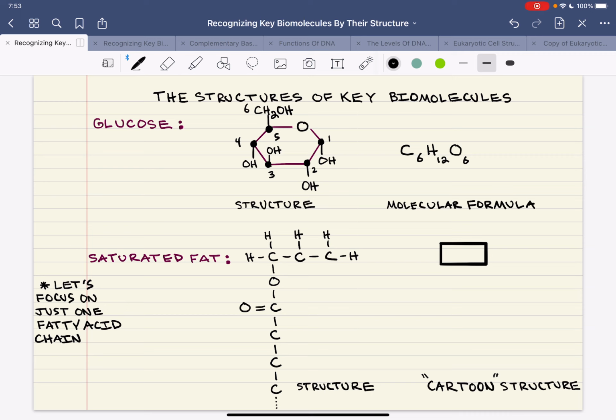The only other part that I left out is the hydrogens. So let me fill that in. And think about it. If each of those dots represents a carbon atom, at this point in the class, you should know that carbon, because of its unique valence structure, always likes to form 4 covalent bonds. And currently, if we look at carbon number 1 right here, that carbon's not so happy, right? It only has 3 lines coming from it, so it needs 1 more bond. So that's where that hydrogen's going to come in. So there's a hydrogen there, here,